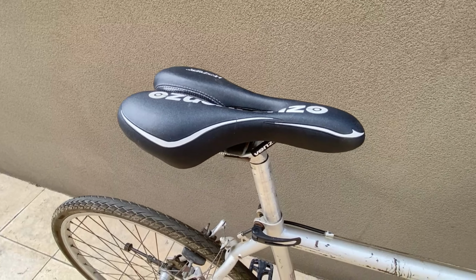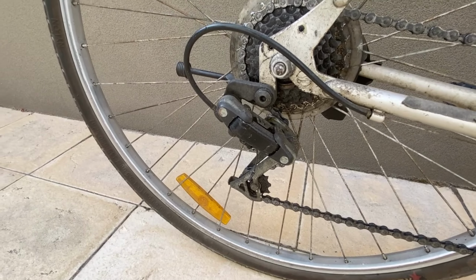I will most likely be replacing this, most likely one by, and then see if I can fit a wider cassette at the rear. Pedals, just the plastic jobs. Chain, who knows, most likely stretched and flogged out, but we'll check that. And then it runs a basic rear mech,